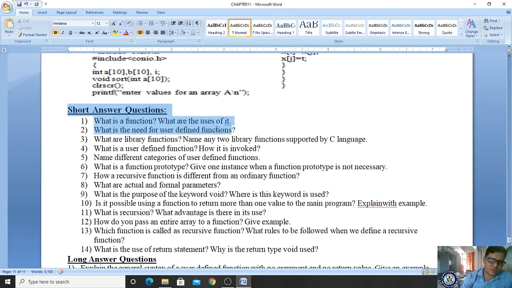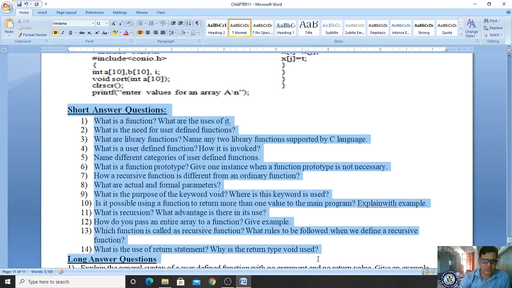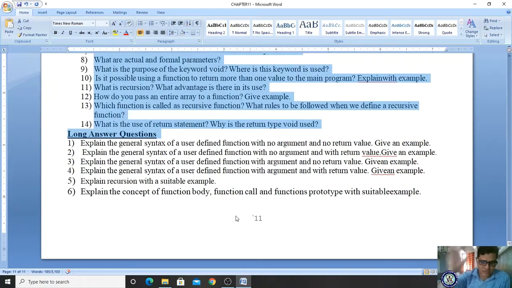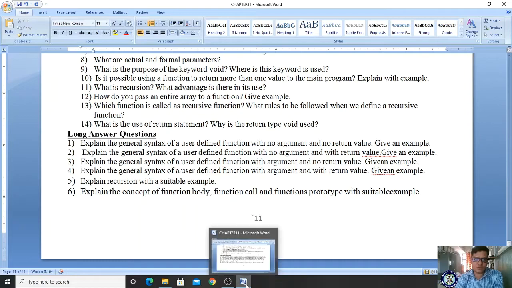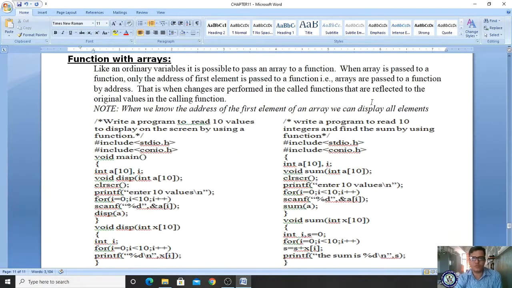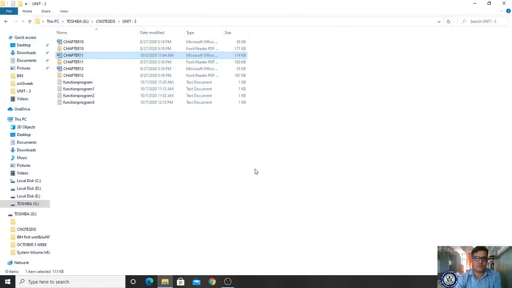These are some of the possible short questions and answers, and here the long question answers also exist. Besides this, you can also go through your previous question paper. A solved question paper is already posted, so just go through it carefully. We will continue in the next chapter. Let us see what the next chapter is.